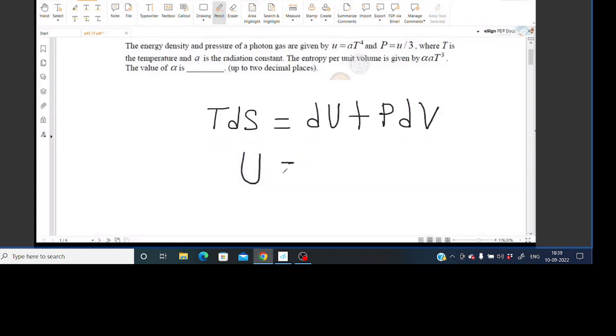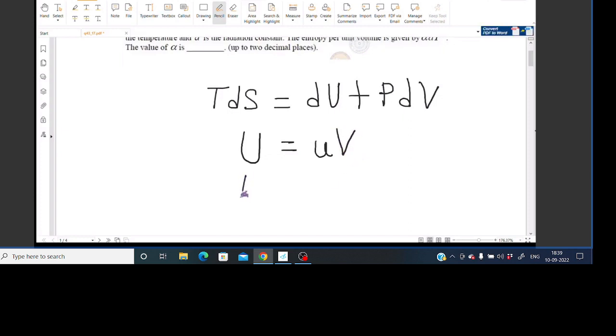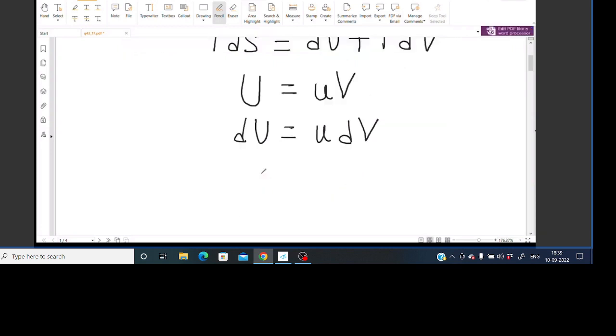The total internal energy, capital U, is equal to the energy density small u into V. So dU is equal to small u into dV. Similarly, entropy is equal to small s into V, where small s is the entropy per unit volume. So dS is equal to small s into dV,